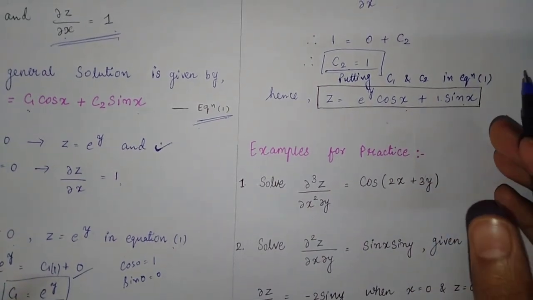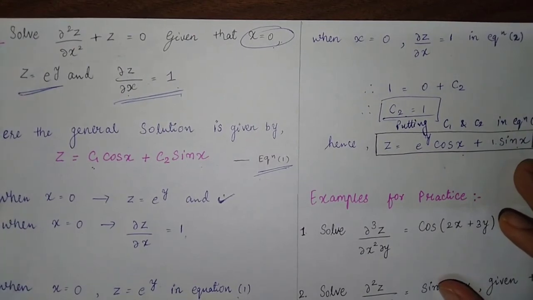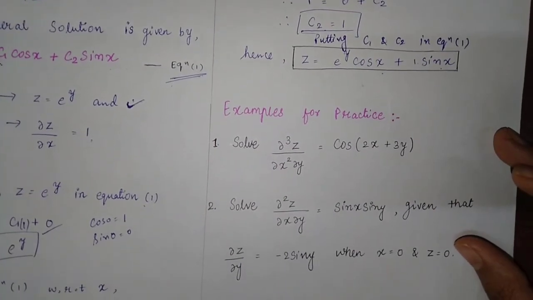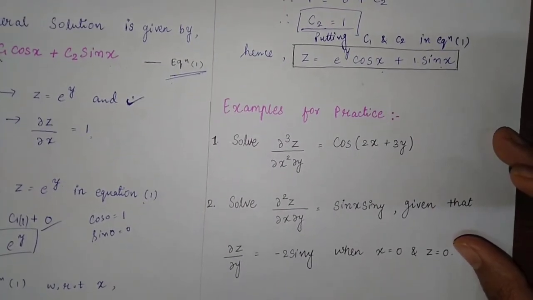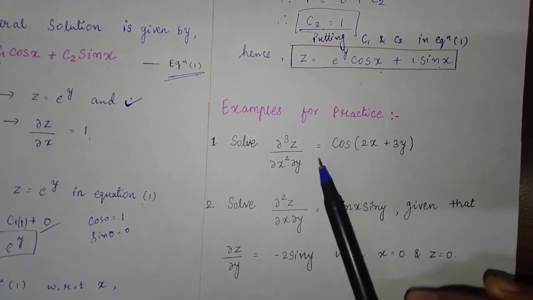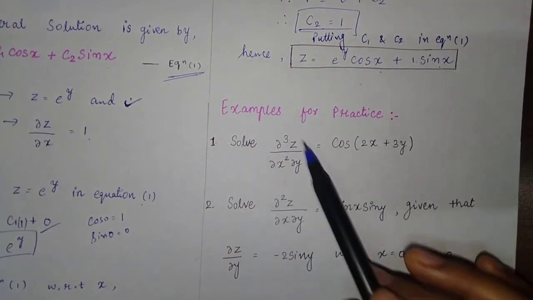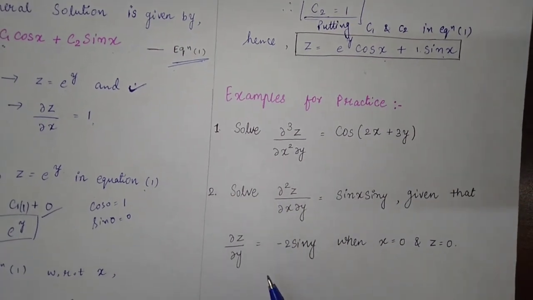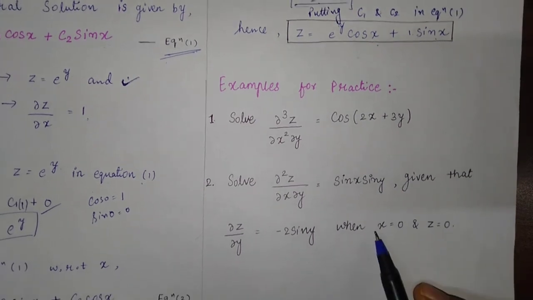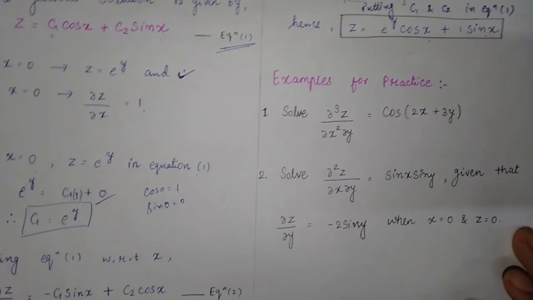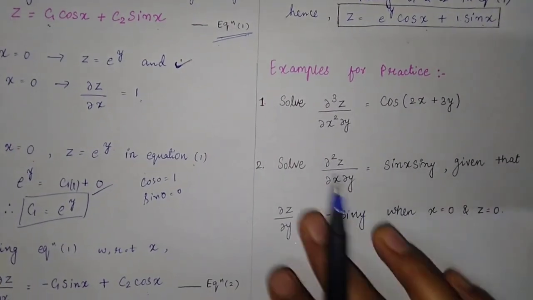Okay. So whenever such type of question is given, you have to solve in this way. I have given 2 examples of this method for practicing. Do practice both the examples at your home. You just have to carry out the differentiation according to the given term, and if you are given the conditions, then you have to put the conditions. For example, here it is given for x equal to 0 and z equal to 0. So as we did here by putting in the values, you have to do it in the same way.